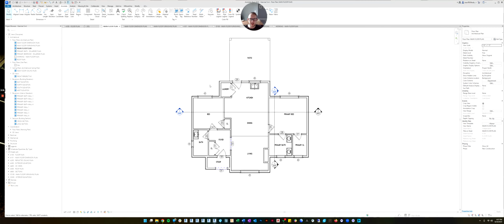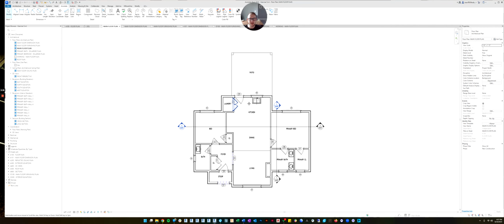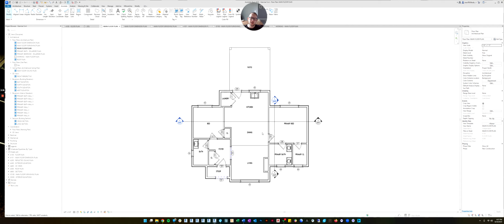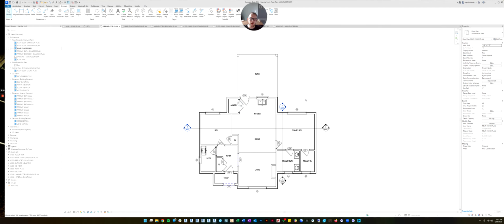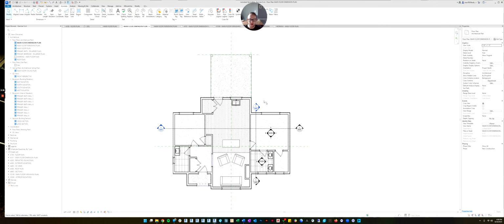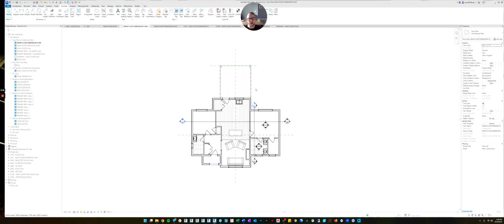All right, here I am back looking at our floor plan that we annotated in the last video. And something else that would typically, on a residential project, be included and annotated on a floor plan would be the dimensioning. But we're going to treat this like a commercial project, and we're going to separate the dimensions from the floor plans, which is why we already made a main floor dimension plan. If you go ahead and click on that, this is where we're going to add our